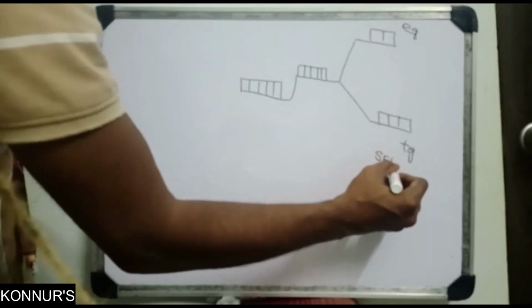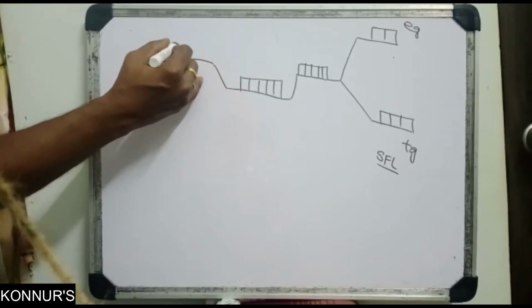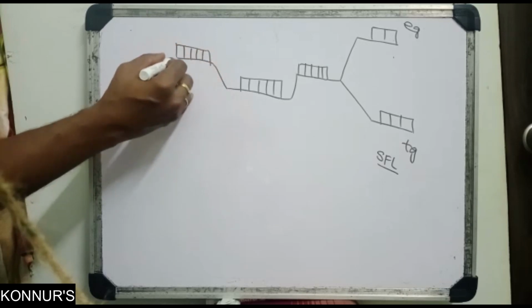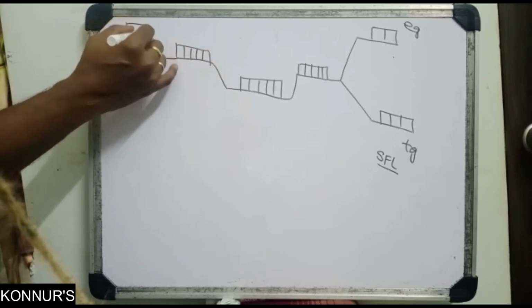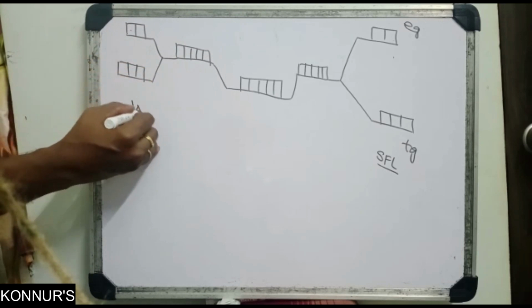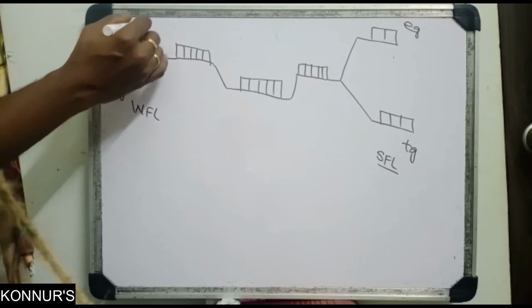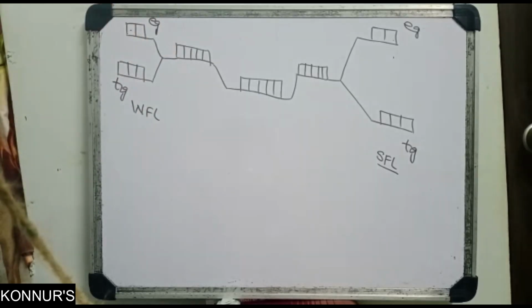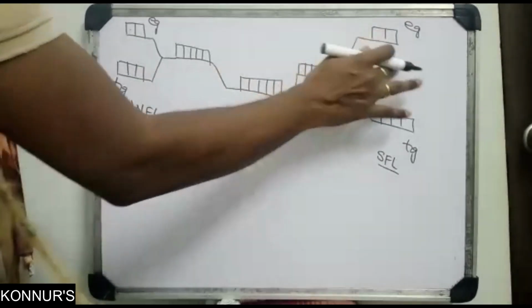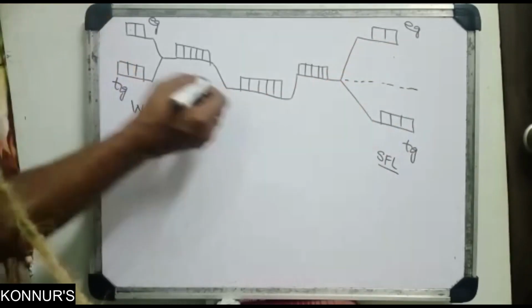This is for a strong field ligand. Next, the degenerate level for a weak field: in the presence of a weak field ligand, this is T2g and this is Eg. Here, the distance between these levels